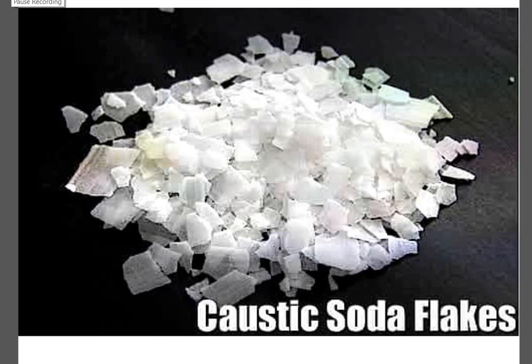So the very first chemical about which I was talking is caustic soda, which has the chemical name sodium hydroxide and the formula NaOH. The chemical formula, as I have already told you, is NaOH, and we have already discussed the differentiation of acids and bases here. So from the formula itself, you can very easily identify that it is a base.